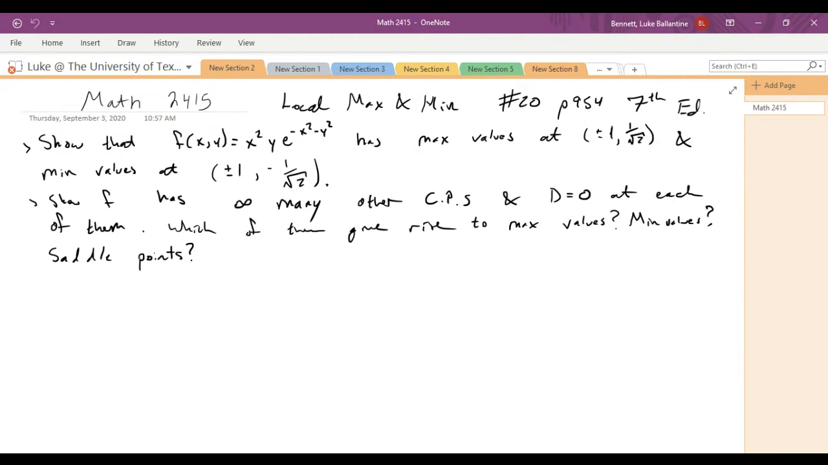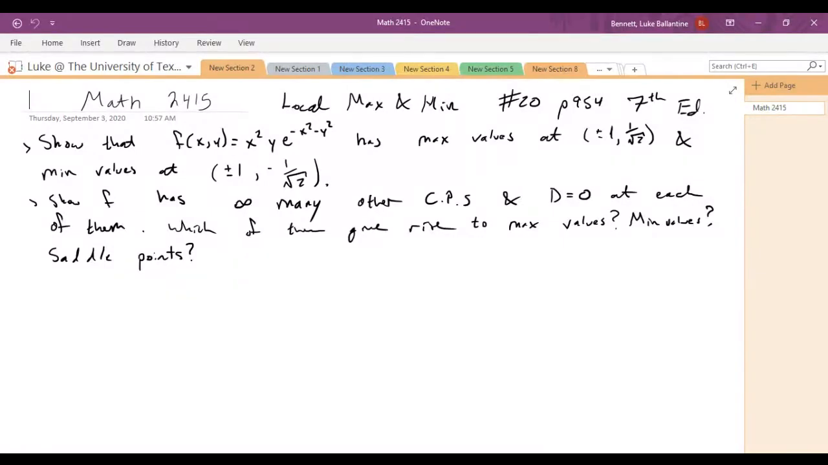That's like a function of several variables on some domain. And then we're going to look at Lagrange multipliers. And then if we have enough time, get to double integrals. So let's start out with this problem pulled out of Stewart's calculus book, page 954, number 20 in the 7th